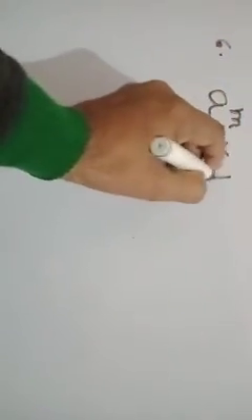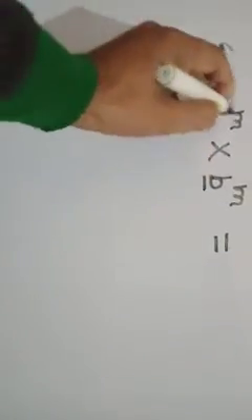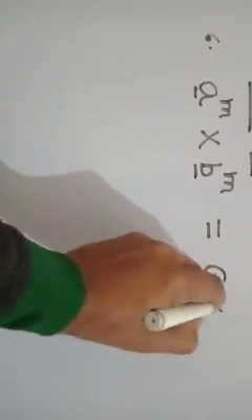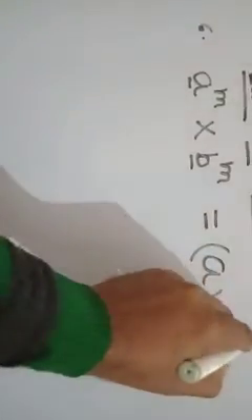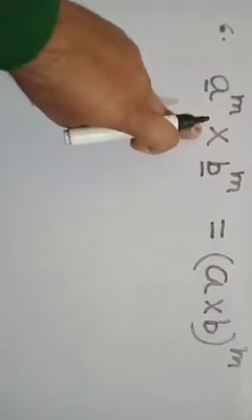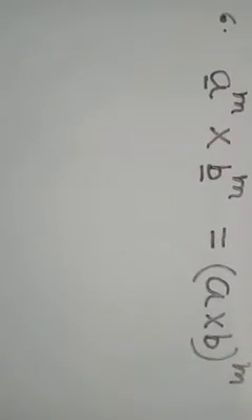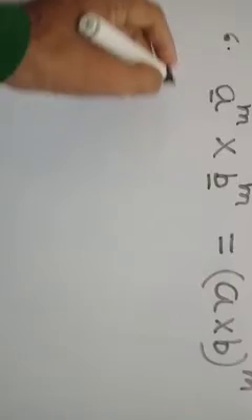Now the next law is when the bases are different and the power is the same. We note down the product of bases by whole power n, taking the common power and multiplying the bases. But here there is no positive or negative sign; there is only a multiply or quotient sign. So this is the power of product law.